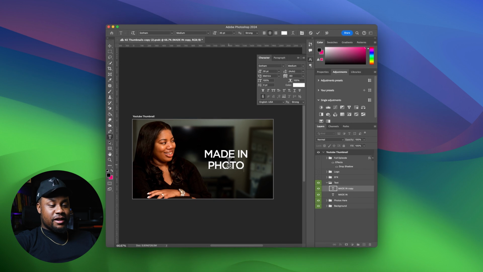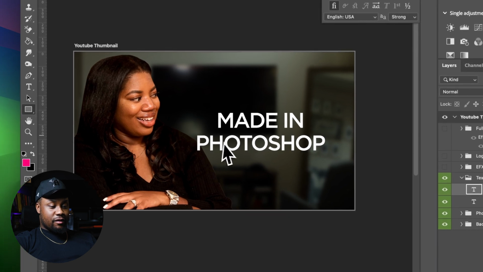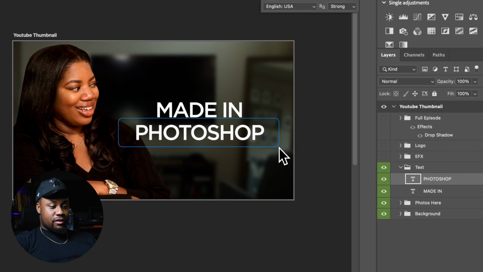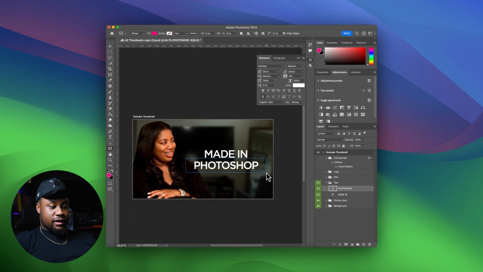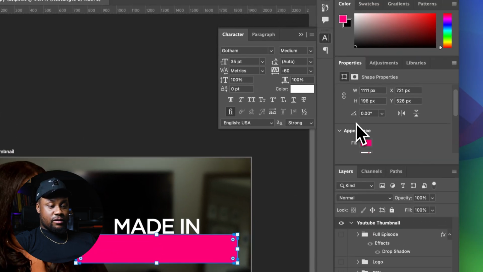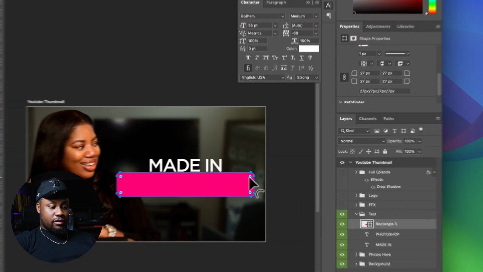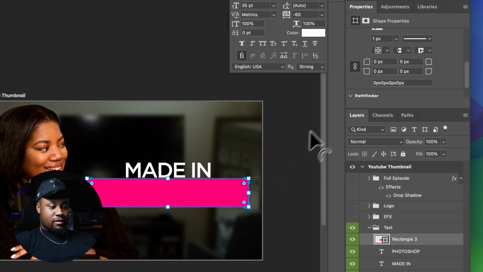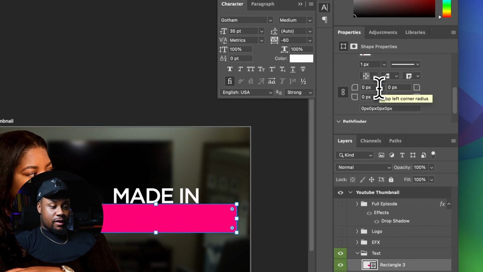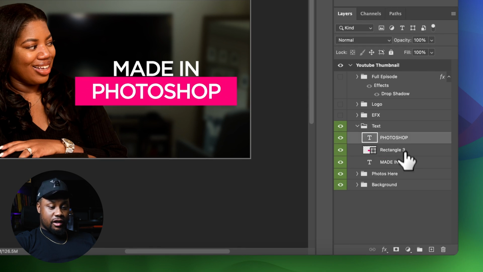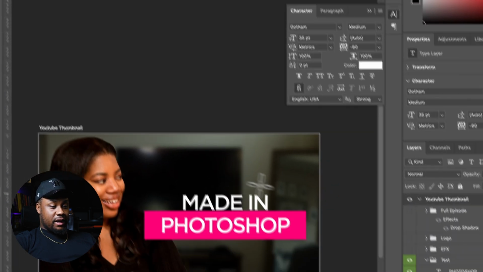So let's just say Photoshop. This is what she was talking about. Not saying it is, but again, if we want to choose a block for this to go around, because Omar likes to do that a lot, we're going to choose a rectangle or square text block, make them to a rectangle, go here, which is like your edges here. You can do it here too. Just drag it out to make it 0, or you can go here to make it 0, and now edge out of your corners, drag the layer under where Photoshop is, go back to made in Photoshop,